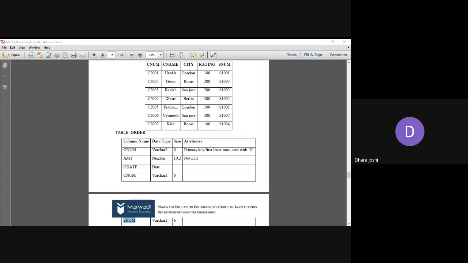Okay, so how many of you completed the insertion of the records in the customer table? One done. Each and every one who is present here needs to report in the chat box whether you have completed the insertion in the customer table.